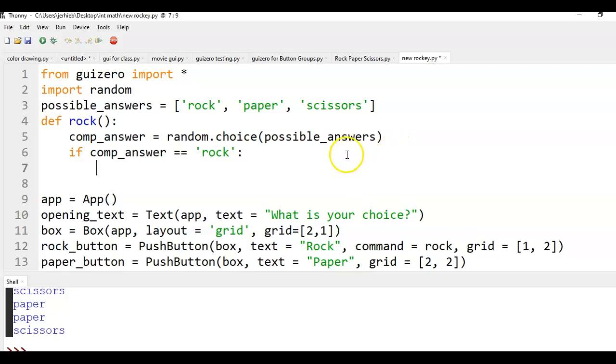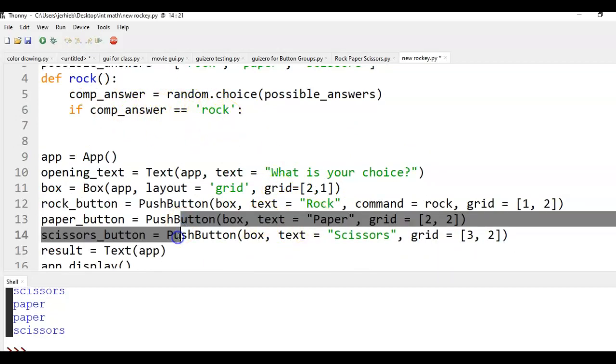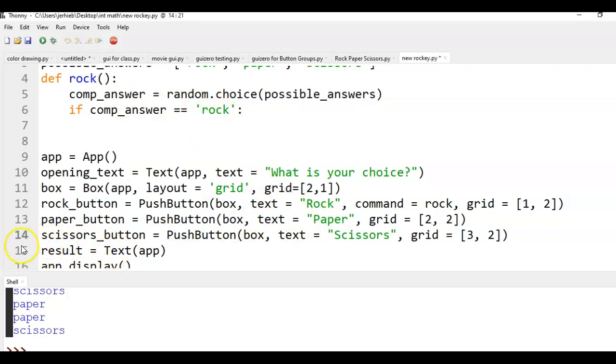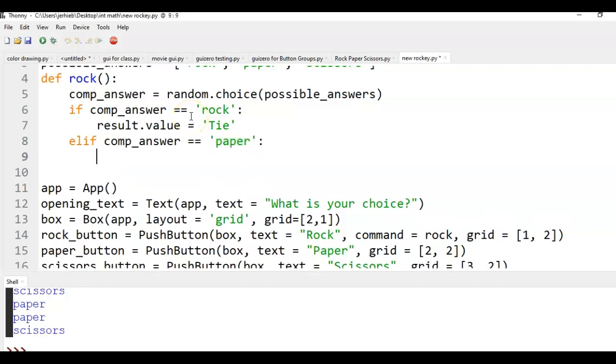Now the printing, we want it to just be on the bottom, and we don't want it to continually go on the bottom. So we're going to modify the result. So it would be result.value equals tie. Now elif comp answer equals paper, the value